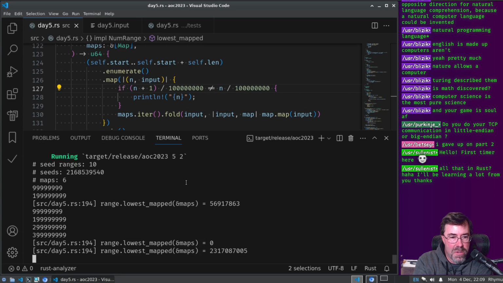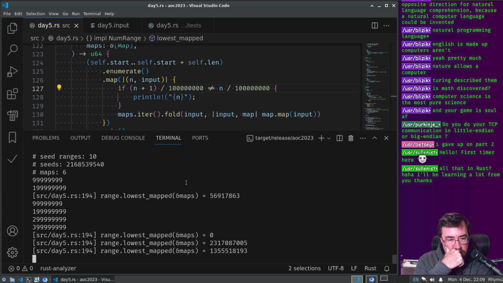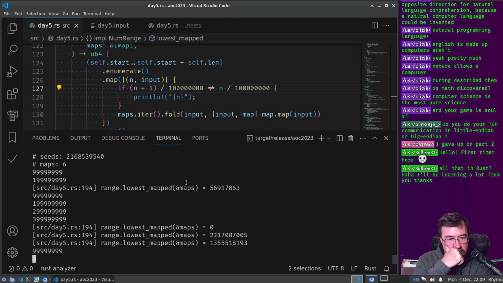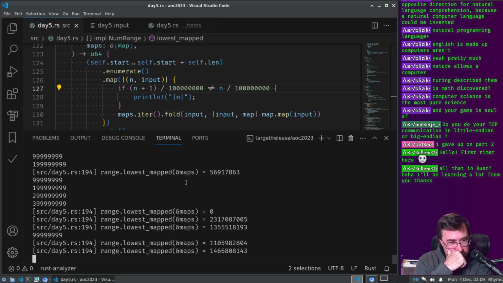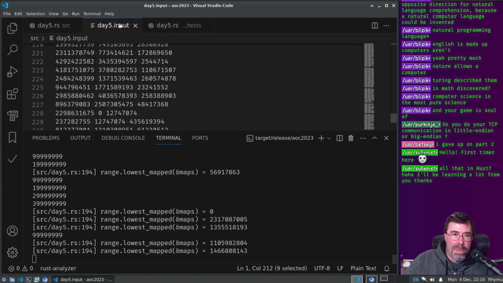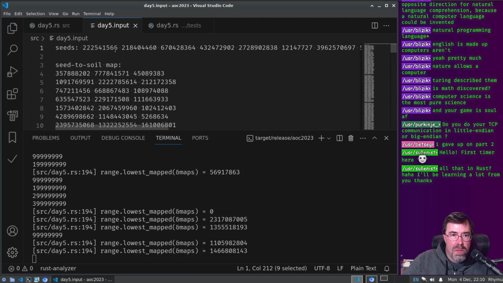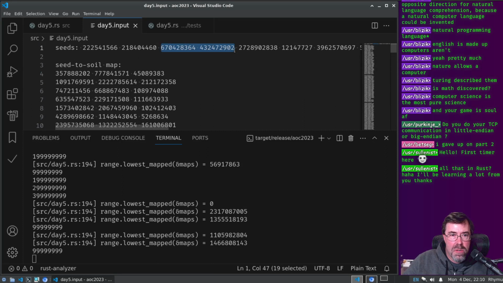Okay, now we got a 0 and then it skipped. Why did it jump like that? Is that the problem? So there's something in that second range that reduced to a 0 somehow. This range.